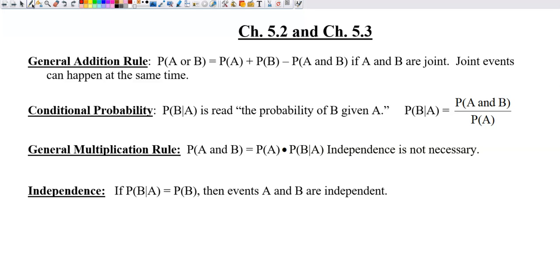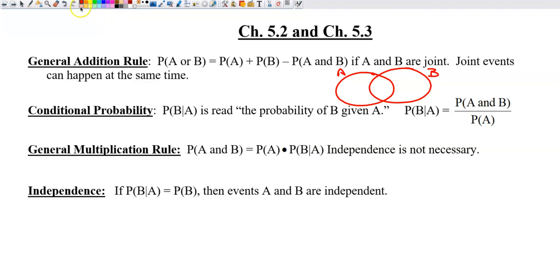We had an addition rule, but that addition rule had a requirement. It needed them to be disjoint or mutually exclusive. This rule allows us to do it even if they're not disjoint or mutually exclusive. And I just want to give you a little visual of what we're talking about. So if that's event A and that's event B,